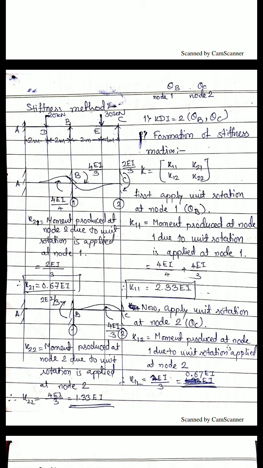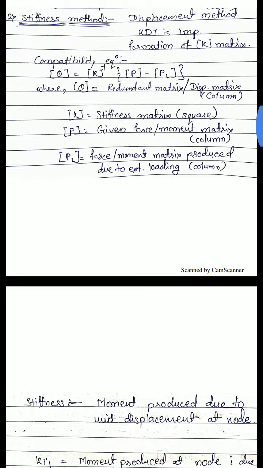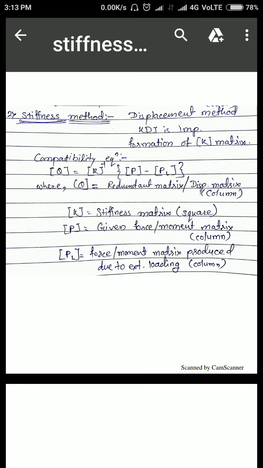Hello friends. So in today's lecture we will see what is the stiffness method. In the previous video we have seen what the stiffness method is, the basic requirements, and what is the meaning of stiffness. It is basically a displacement method where KDI, that is kinematic degree of indeterminacy, is very important to solve any structure. And there we have to form the K matrix,